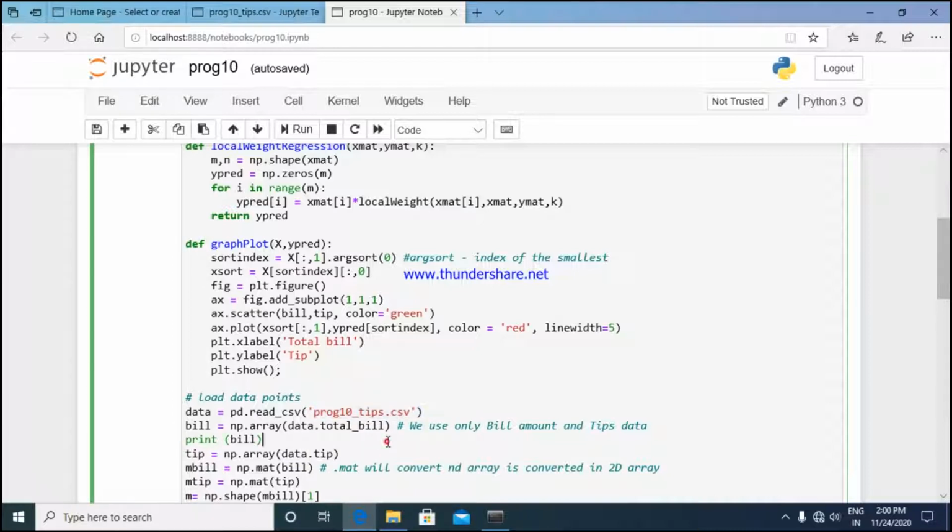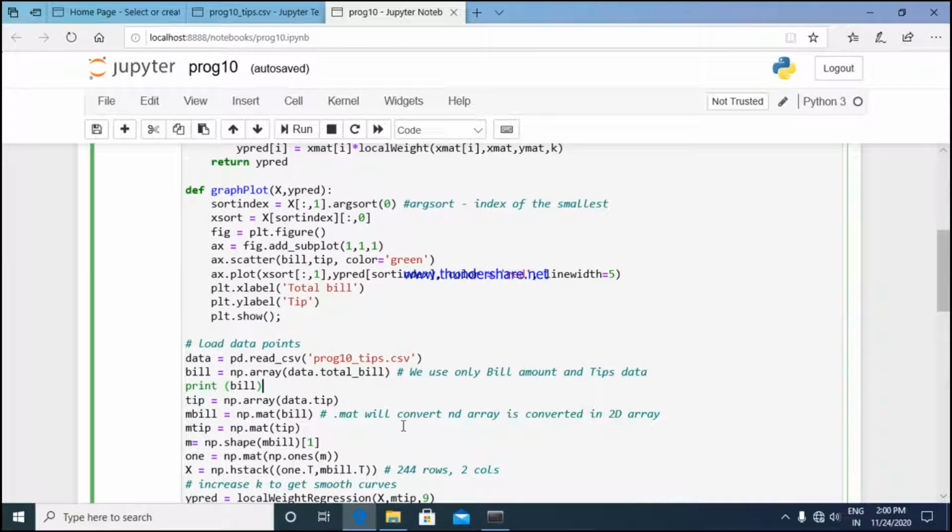Then we have to convert the bill amount and the tip into the form of an array, in the form of a matrix. mbill is equal to np.mat of bill and mtip is equal to np.mat of tip.